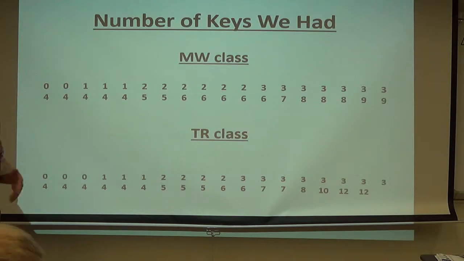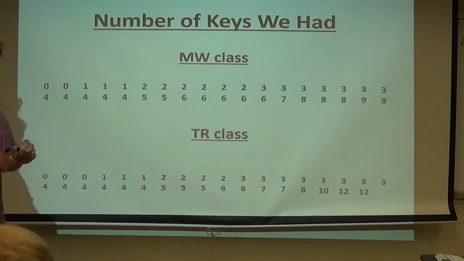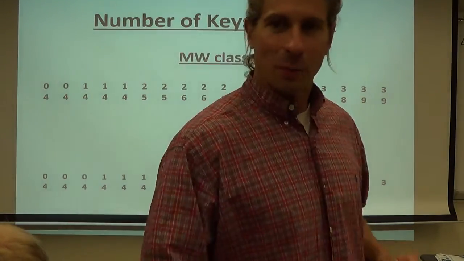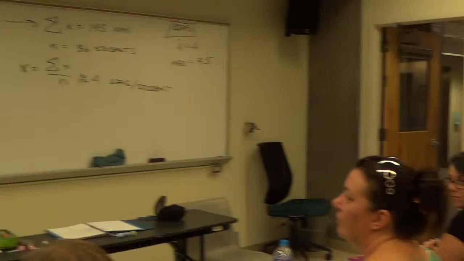It's a good argument. But to make you guys happy and to put your minds at ease looking for modes, just find the one that shows up the most. And this one is 3. Go ahead, Michelle. Okay, so what if there were 7 threes and 7 fours? Then we'd say 3 and 4 were the modes. There are 2 of them. You can have more than one. You can totally have more than one mode.